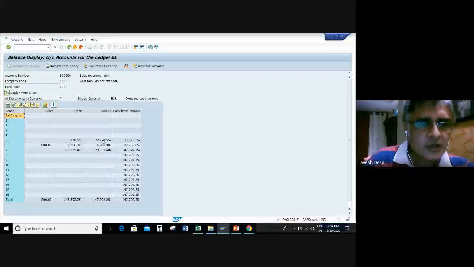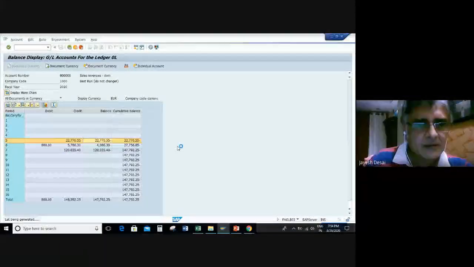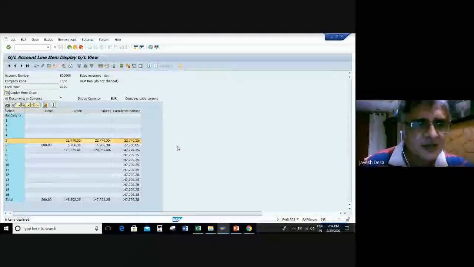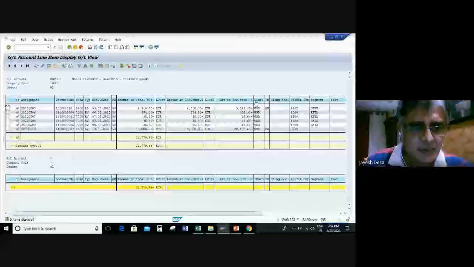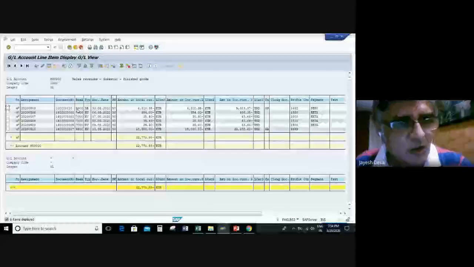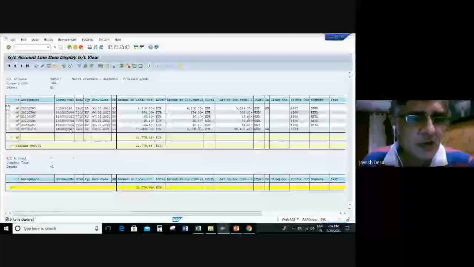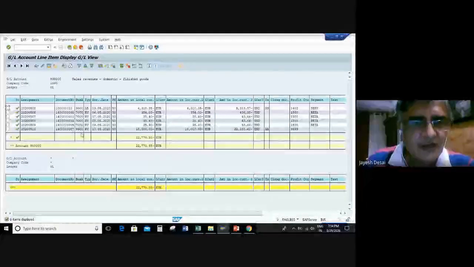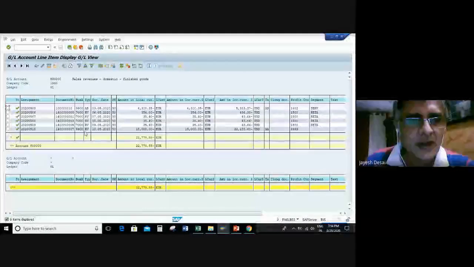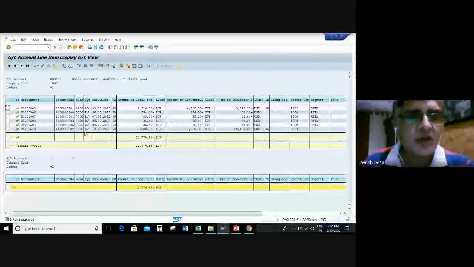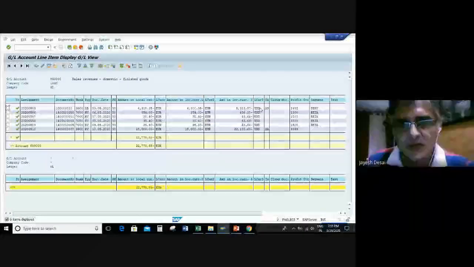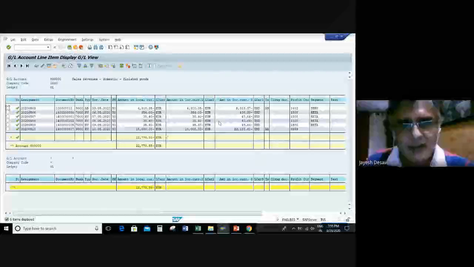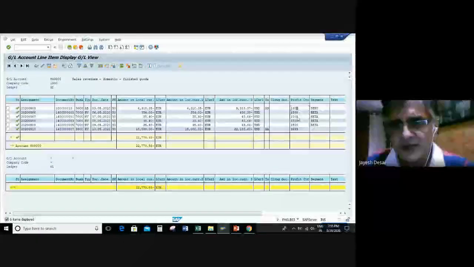Okay, so you can double click here. When you double click, it will open up another screen and it will give you by transaction. So a lot of information here basically gives you by document. I had talked about a document, right? So every document will have a unique document number. It will define the business area for that document, the document type. Different transactions will have a different document type. Okay, so the amount can have multiple currencies. The amount is in US dollar, and here the amount is in euro, and the profit centers or the segment to which it relates to.